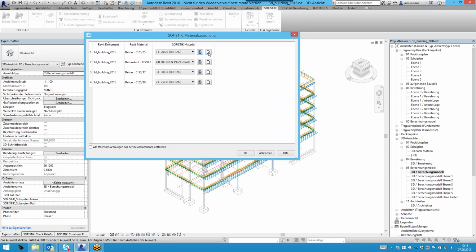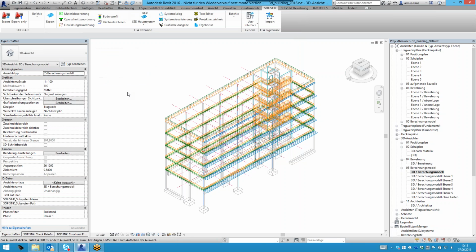Or you can easily create a completely new Sofistik material. If the material mapping is completely wrong, you can also create a completely new Sofistik material and apply that material to a standard Revit material. So that's the first point. The second point is